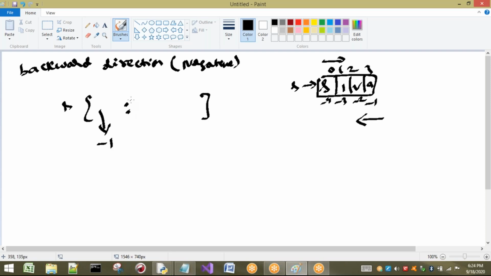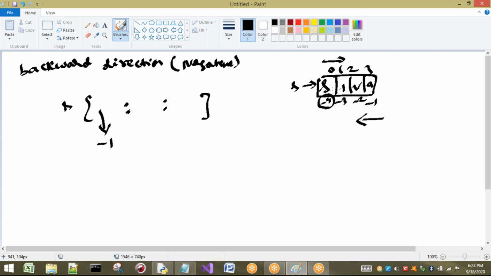Next, what will be the end value if you are not going to write the end value? This point you have to remember. This is the end, that means up to here it will take. How to calculate this value? We have to understand that. What is this? Minus 4. How to get this minus 4?